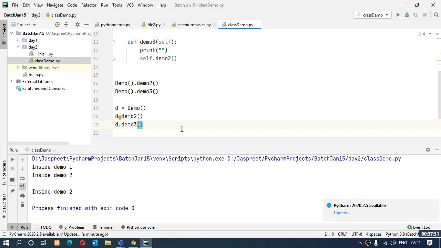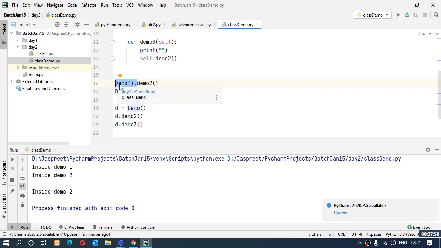See, in line 16 what we have done is we have made an object, and by that object only we have called the function demo2 inside the class. That object is a hanging object. If I again have to call the demo2 function, I again have to make an object. I again have to do this if I want to call the same function or another function. So it will again be an object made.